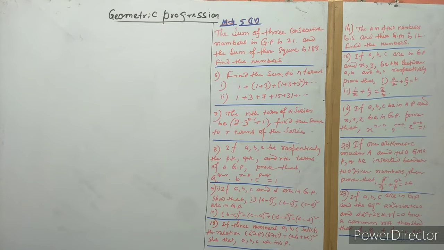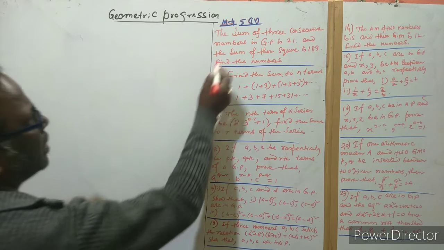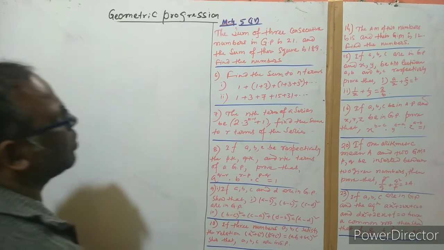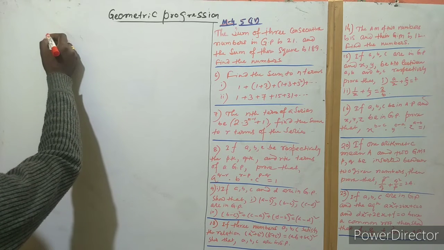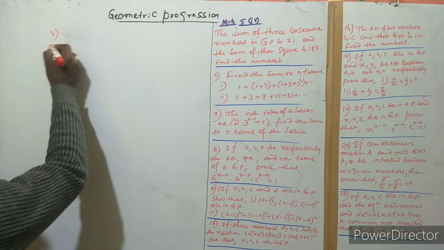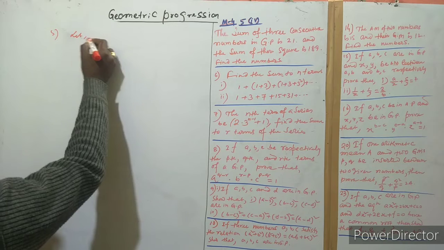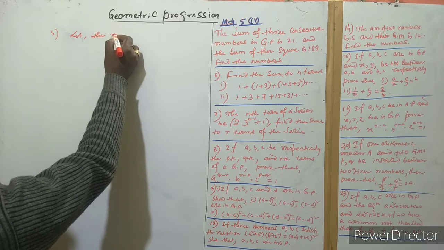Here we are given the 14th problem, taken as an important problem. The sum of three consecutive numbers in GP is 21, and the sum of their squares is 189. Find the numbers. This is question number 5. Let the numbers